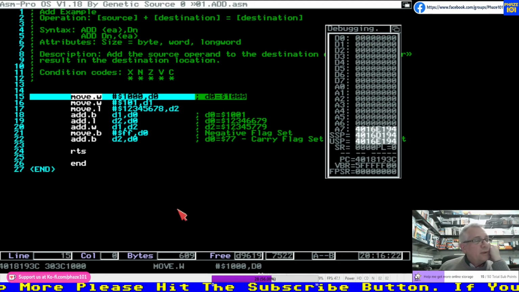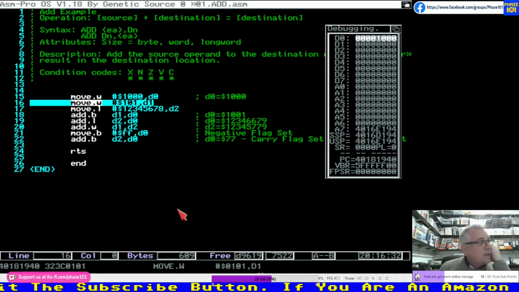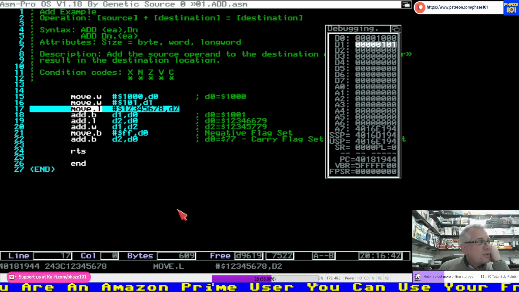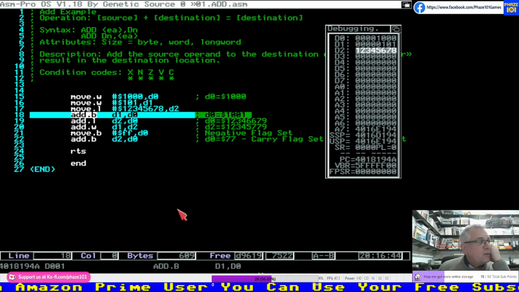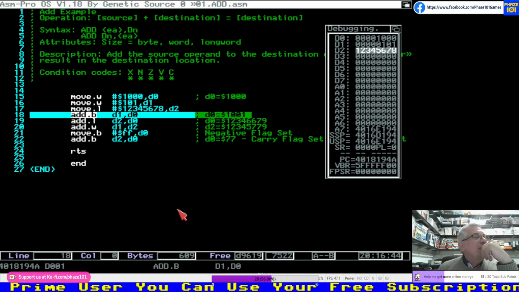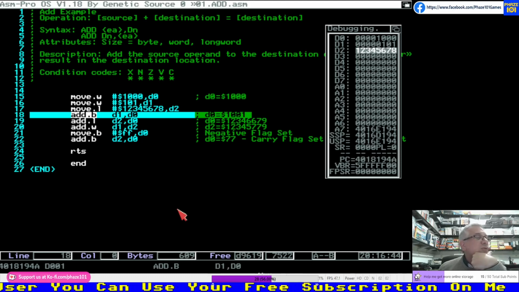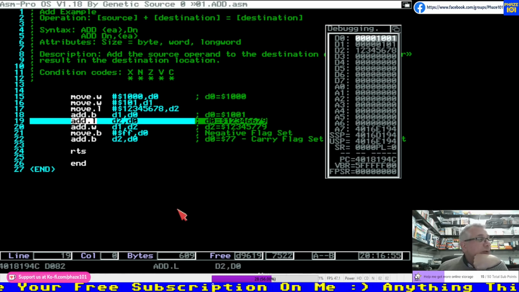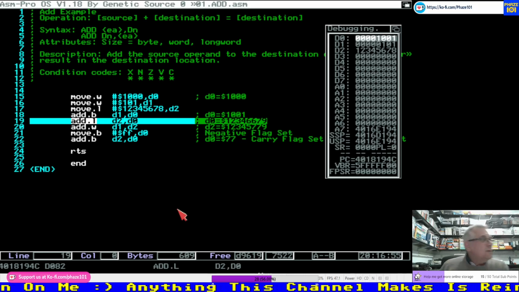So we move 1000 hex into the 0, so we should see that, and then we move a word, by the way, of 101 into the 1, so you see it there. Then we move that long number into the 2, which you also see there in the debugging screen. Now we're going to add D1 with the 0, which you saw, and